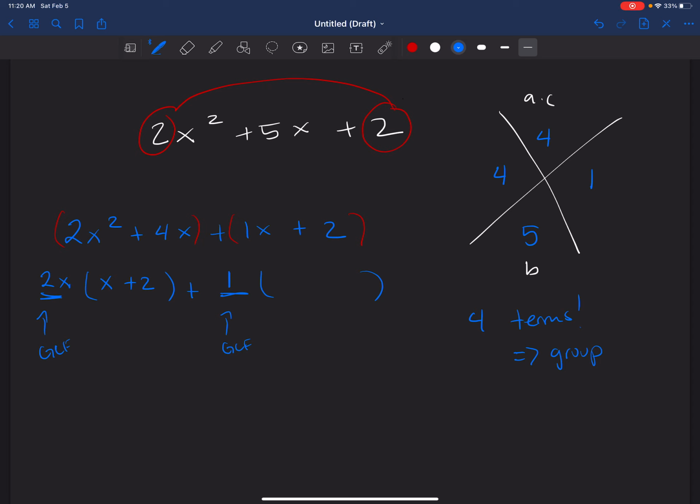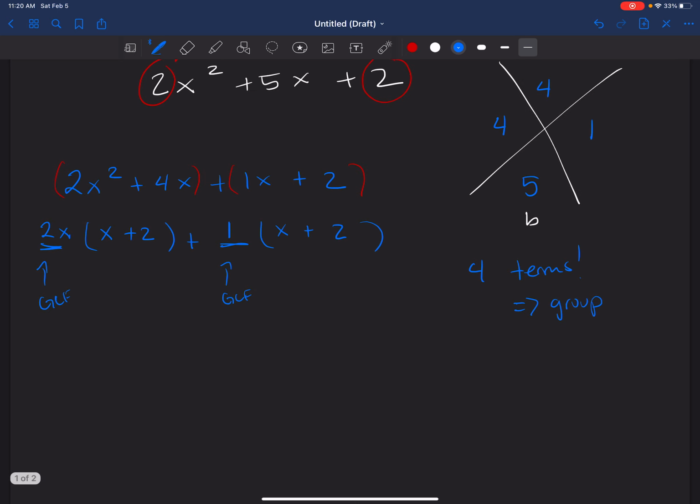So then I look at this, and I'm like, okay, well, 1 times what will give me 1x? Just x, right? And then 1 times what will give me 2? Just 2, right? So positive 2. And then I look at this again, I'm like, okay, got to find the greatest common factor again. What do I notice between this term and this term? Well, I see that they both carry an x plus 2, so I write